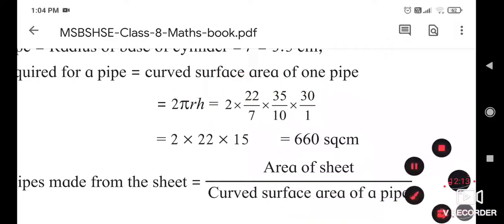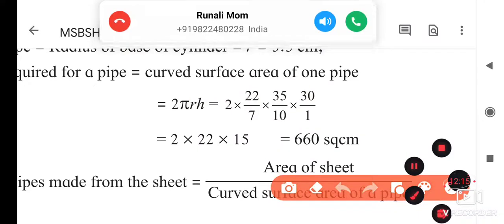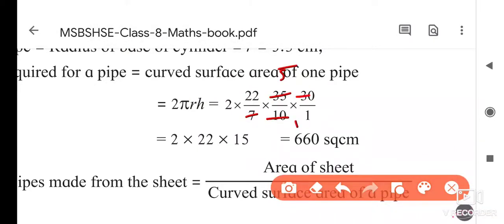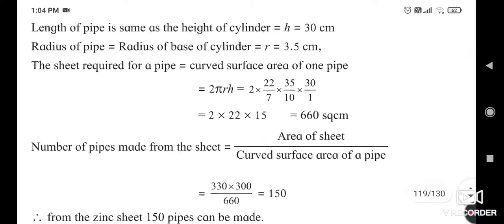When you solve this example, you will get the answer. 7 ones are 7, 7 5s are 35, 10 ones are 10, 10 3s are 30, and if you do 2 into 5, 2 and 5 3s are 15, it is equal to 660 square centimeter is the sheet required for